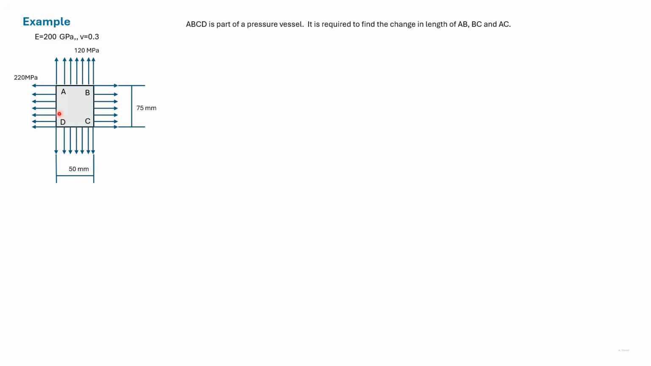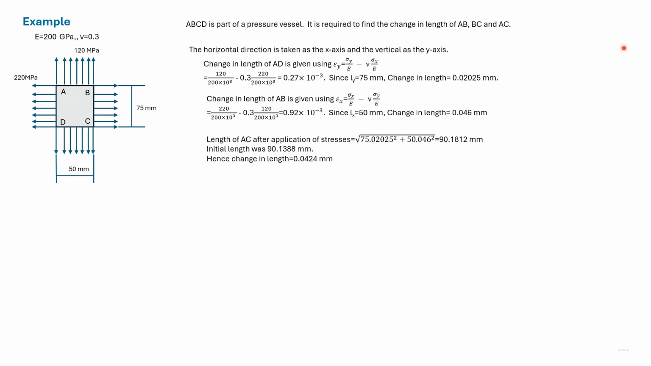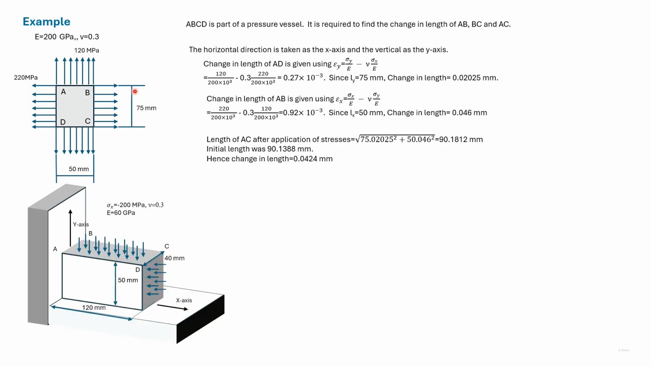of AD, we have to use generalized Hooke's law because there's an axial change in length as well as a lateral change in length. We are asked to find the change in length of AB, AD, and AC. So we start with the change in length of AD, which will be given by epsilon y, considering this is